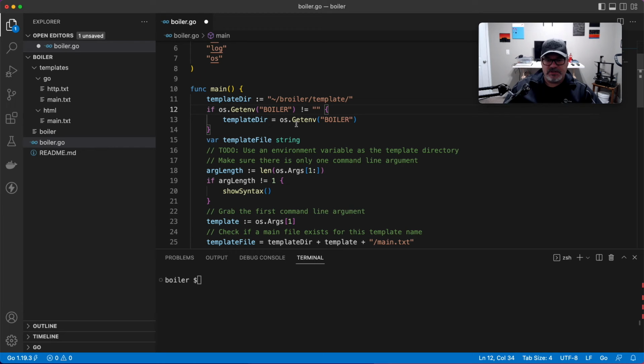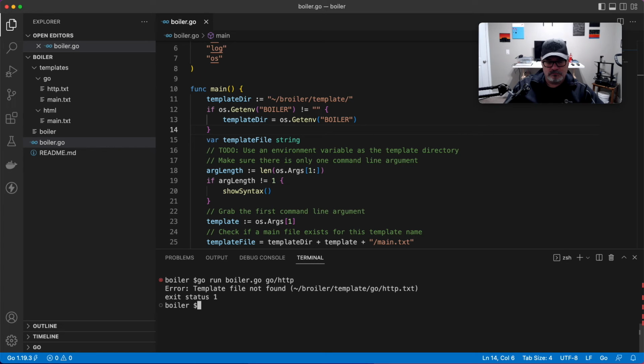Maybe if we say it's not empty. And then if we do export boiler, boiler equals something like that, and then we run this, we should get temp go. Yeah, great. That works. So we'll save that, and